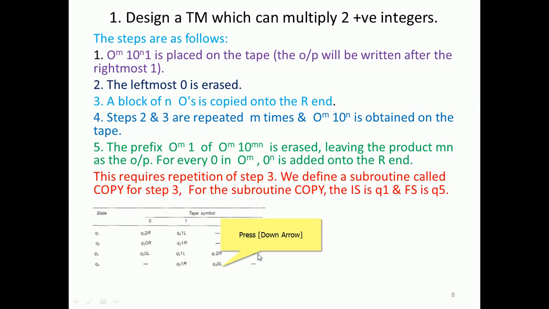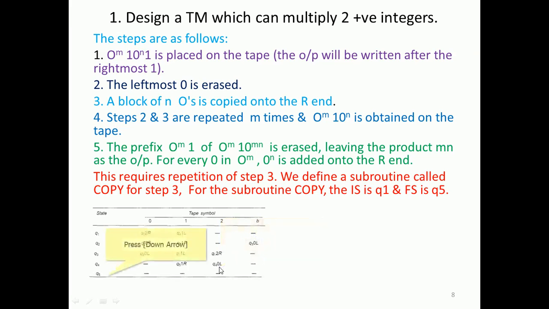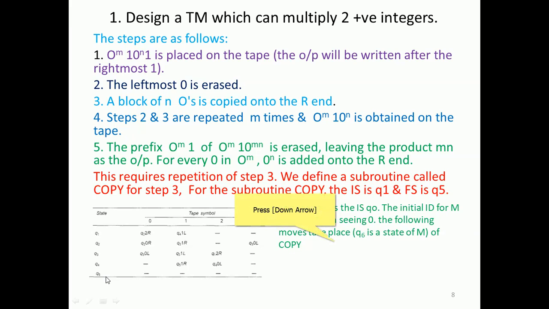Similarly, for Q4, only one case needs a response: 1 stays and the head moves left, and Q4 with 0 stays 0 and moves left. Q5 is the final state. Having understood this,